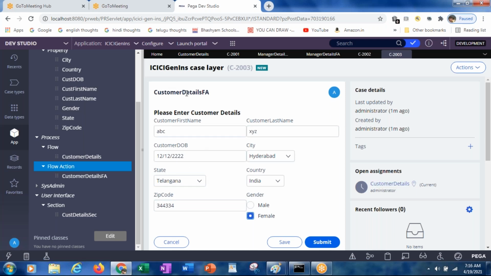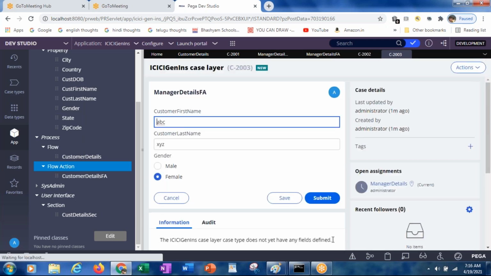I enter the values under the customer details flow action for all the properties. Now when you select submit, see, this label is coming from the assignment. Now it's showing manager details.